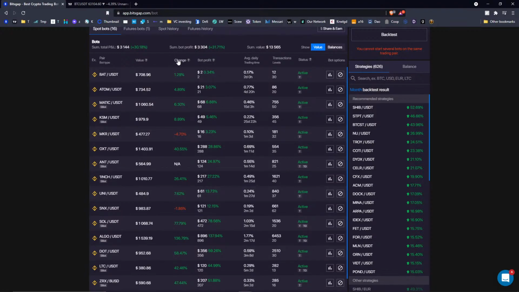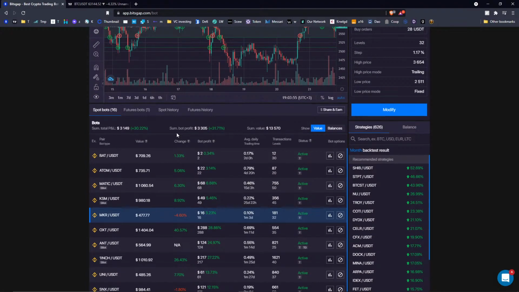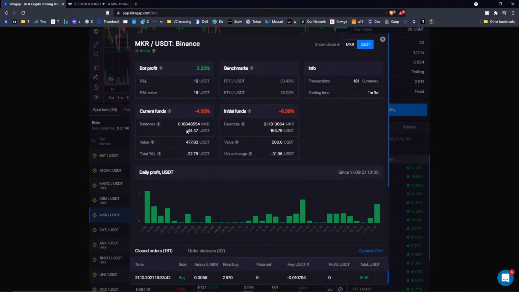But the change is what matters at the end of the day, because it shows how your total investment has appreciated or depreciated, and that's the only thing that matters actually. And it can be negative. Why? Because you have some MKR on your balance, and that means that you are exposed to the depreciation of MKR if the price falls. So that's why this will affect your overall investment change, and that's why you can see it's in the negative zone.